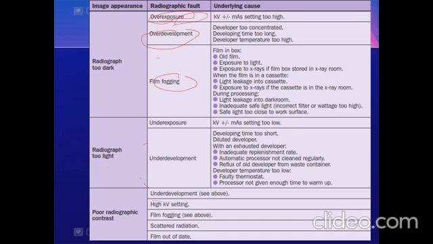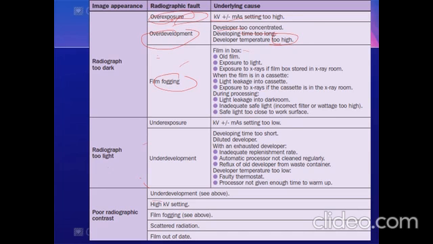So, yung cause ng overexposure, masyadong mataas ang KVP and MAS setting. Overdeveloped, masyadong concentrated yung developer natin, or matagal siya sa developer, or masyadong mataas yung developer temperature. So, yan yung mga posibleng dahilan kung bakit too dark siya